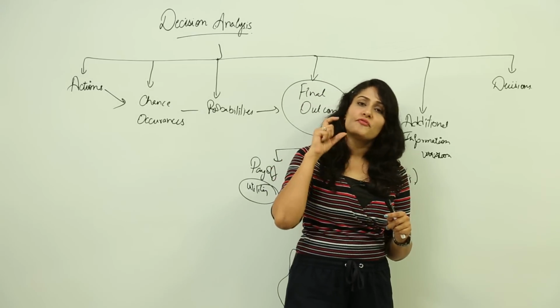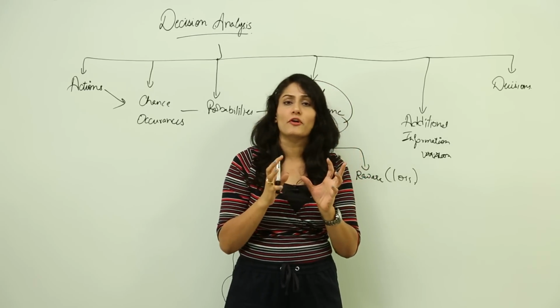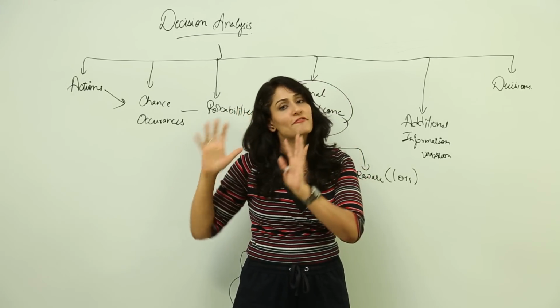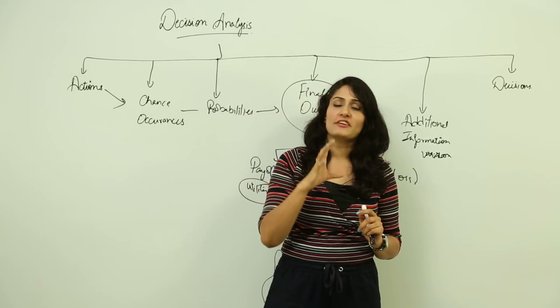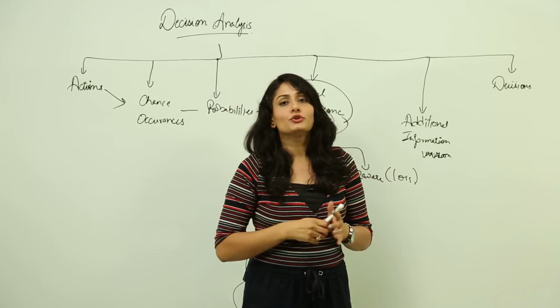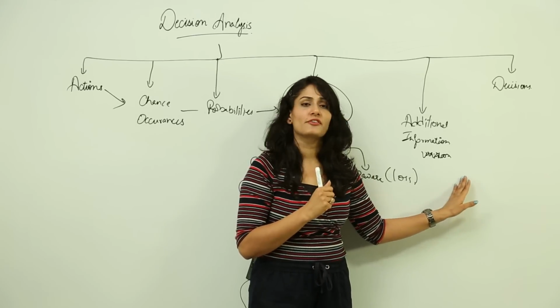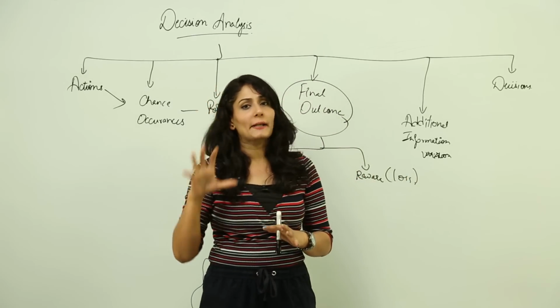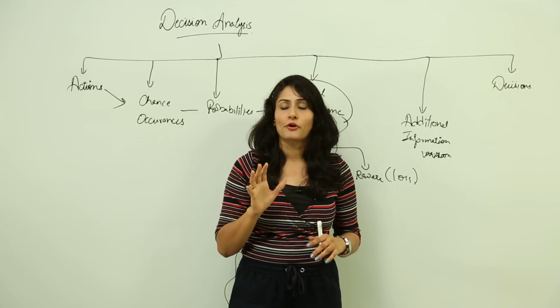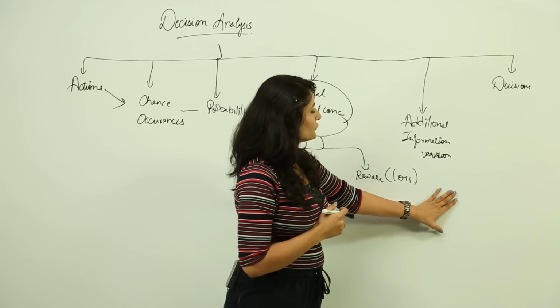So my purpose in telling you that sometimes we need to pay for this additional information is that whatever you pay for this is known as investment, and whatever your final benefit or payoff is, you have to deduct the price you have paid for this additional information from that payoff. Only then can you calculate your benefit, right? So this is what I have to tell you about additional information.